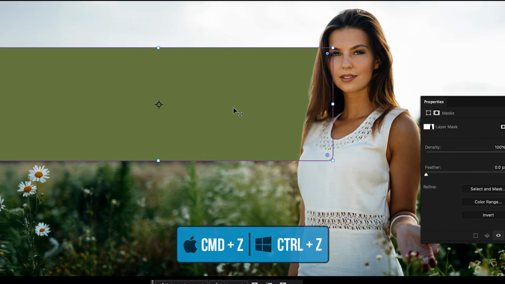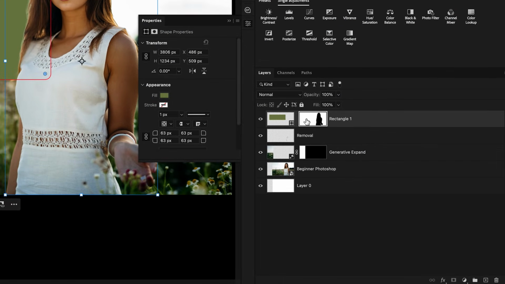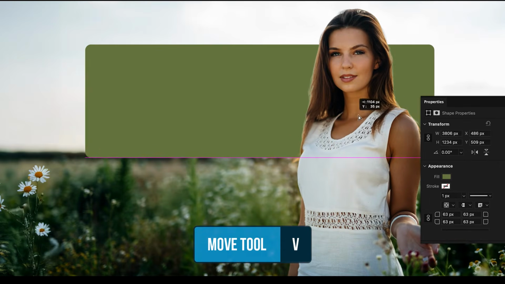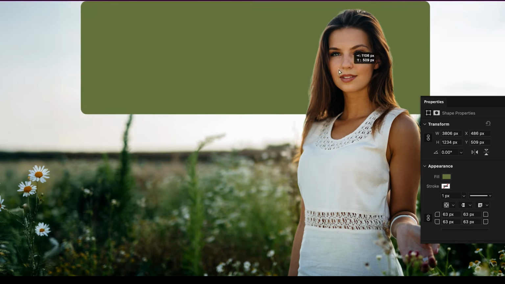I'll press Command or Control Z to undo that, and we can click on this link icon between the mask and the image. That way we can click on the image or the shape or whatever layer you're trying to edit, and now move this separately from the mask because they're unlinked. So now when this layer thumbnail is highlighted in white, as you see here, I can grab the move tool and then just place this anywhere within my canvas, and the mask remains the same, so it always will stay